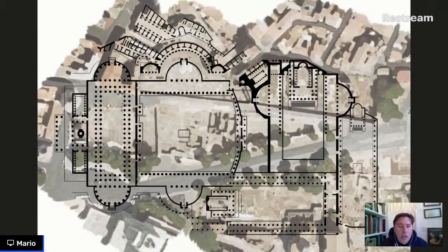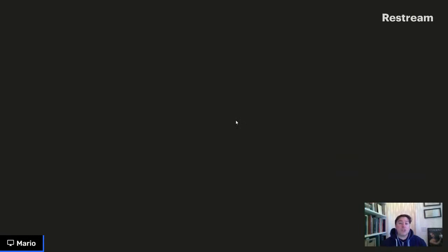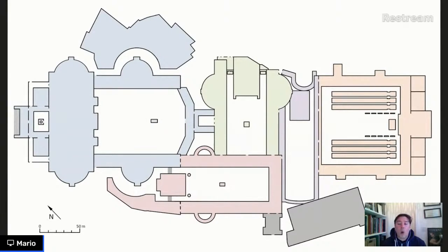So some of the most important emperors and rulers of Rome left a memory of themselves in these large monumental squares, which were for the public to benefit, not just a celebration. Here you can see them. One thing you can see straight away is that some of them are quite irregular. They have edges that are not perfectly symmetrical, especially the Forum of Caesar and the Forum of Augustus, which are not perfectly geometrical and symmetrical. This is because they would rather buy land on the market than impose a kind of expropriation, like taking the land off the private owners. That was seen as a way to respect the freedom of the